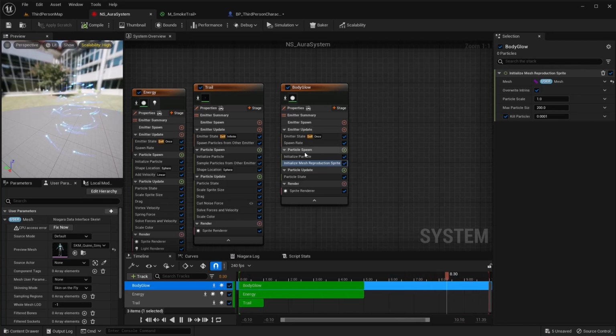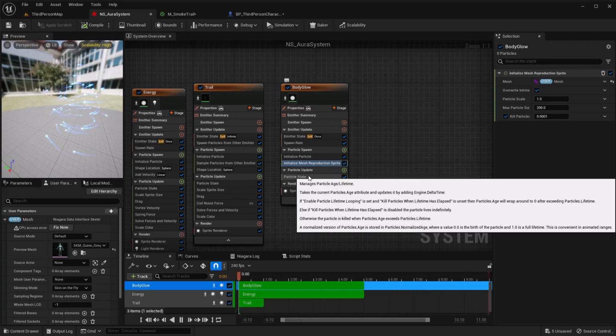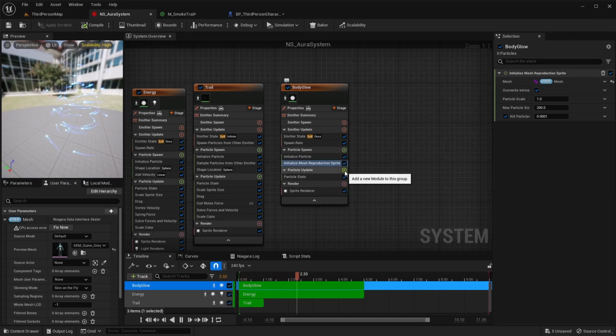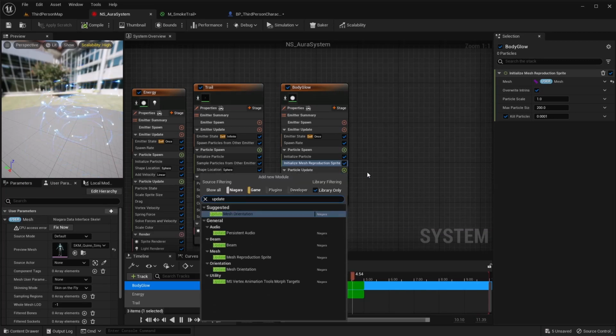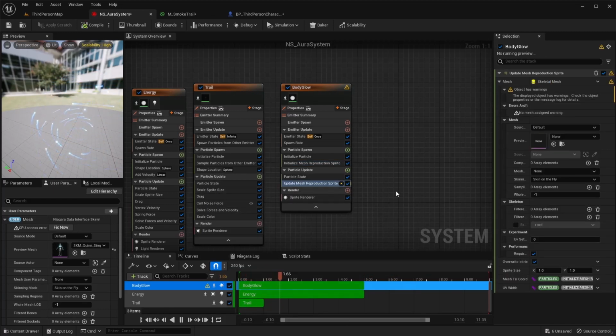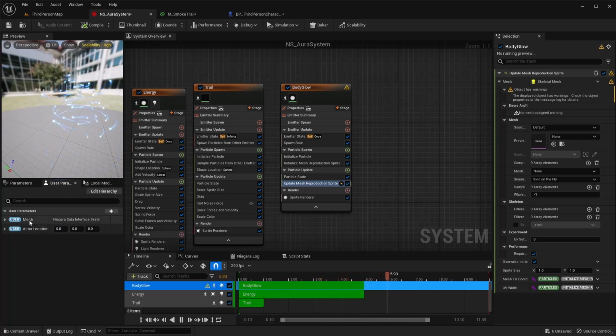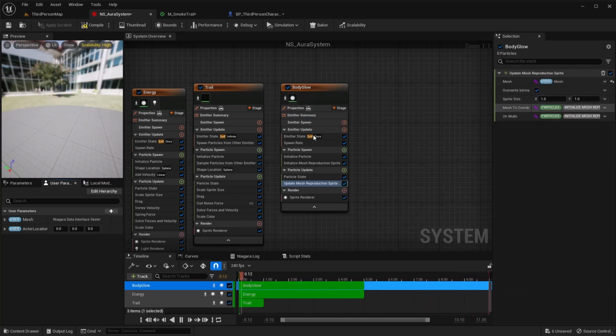Next, I'm going to add in the particle update, let's now do update mesh reproduction sprite. Same thing here. We're going to take this user mesh here and plug it in over here.